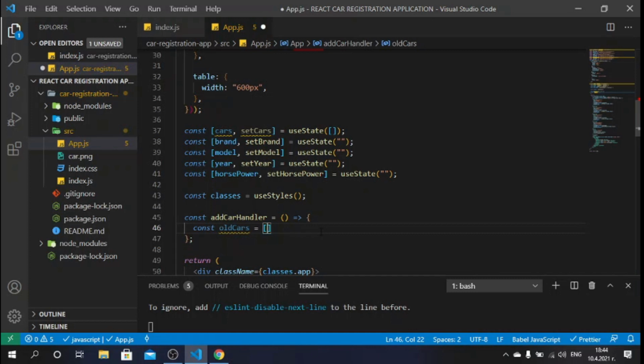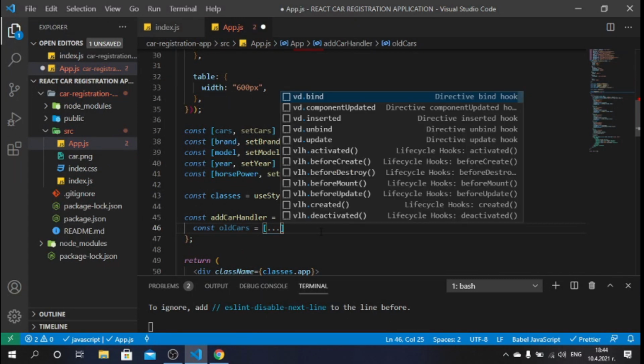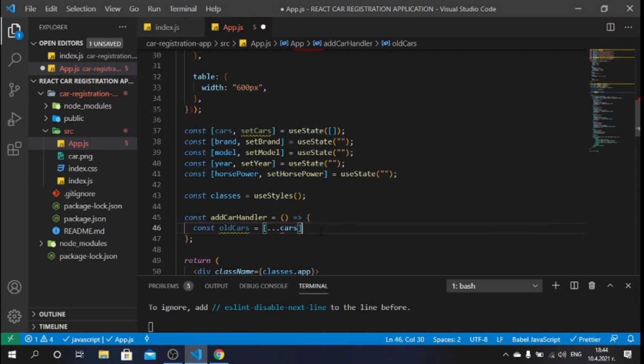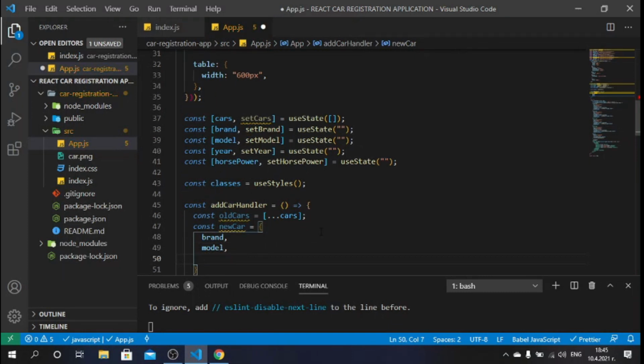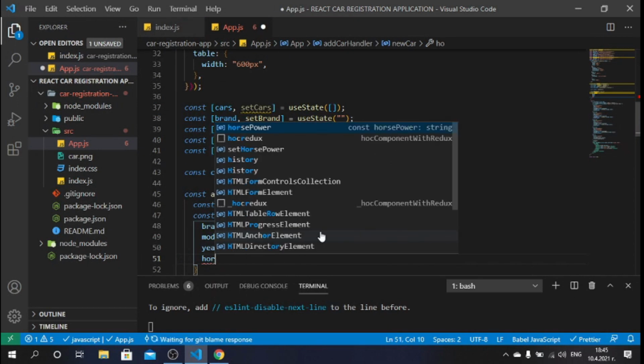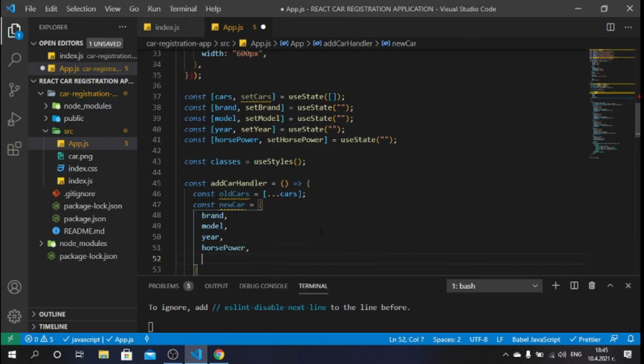So that will be an array, and I will destructure the cars we already have. So I'll say cars here. And then we can say const newCar, and that will be an object of the following properties. So it will be brand, model, year, horsepower,